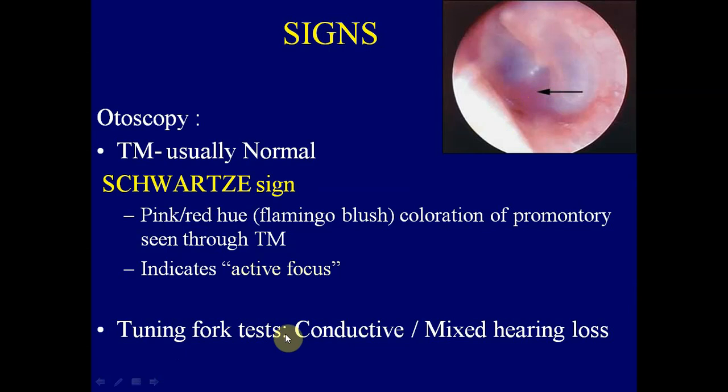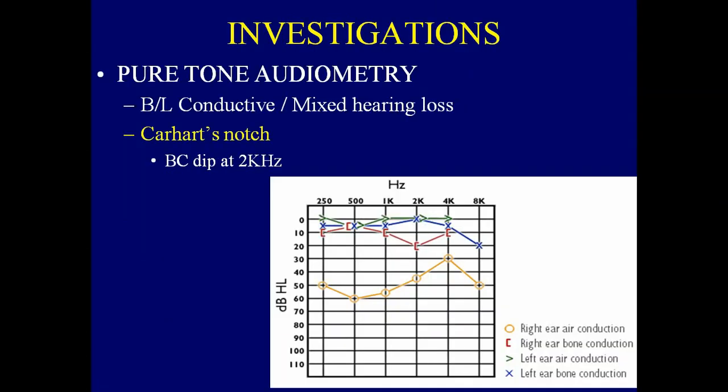When you do a tuning fork test, it will show most commonly a conductive loss, and if there is cochlear otosclerosis, there may be mixed hearing loss. Conductive hearing loss means there will be Rinne negative and the Weber lateralized to the ipsilateral, or the worse, ear. Now the investigation: two important investigations we require for the diagnosis of otosclerosis are pure tone audiometry and impedance